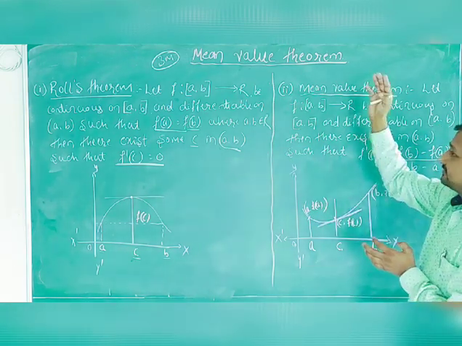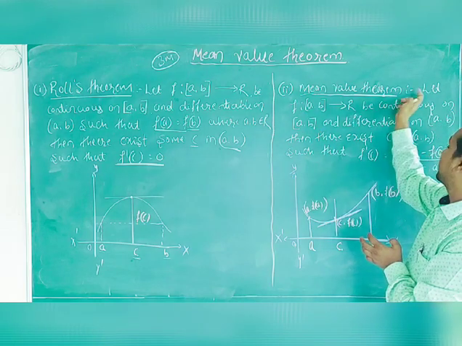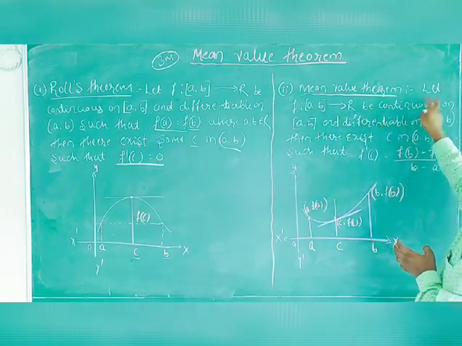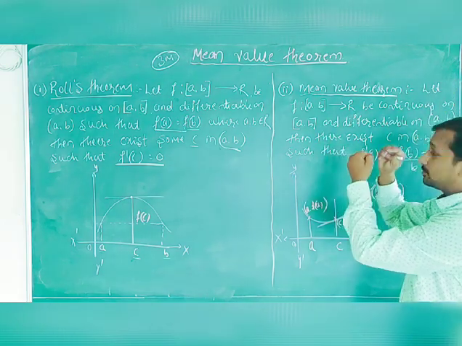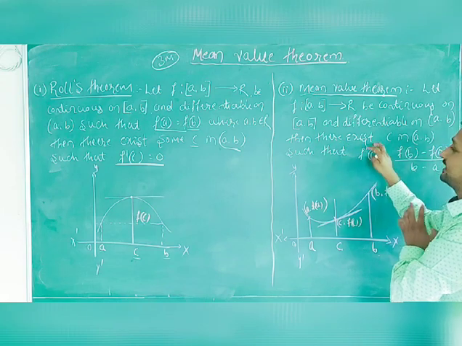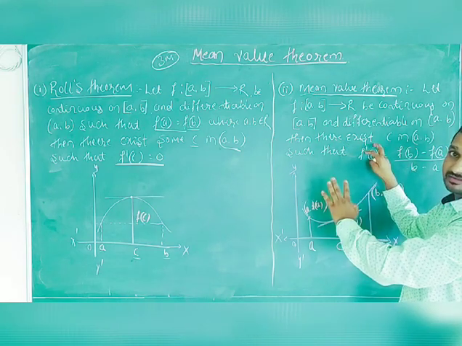It is similar: let the function from the closed interval [a, b] to R be continuous on the closed interval [a, b] and differentiable on the open interval (a, b), then there exists